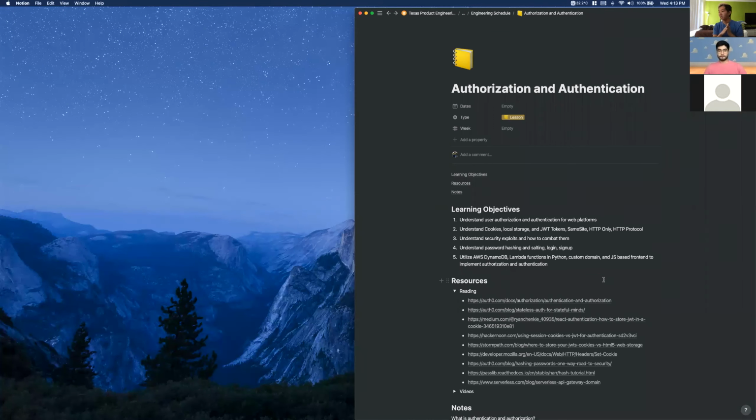We're going to want to understand cookies, local storage, and JWT tokens, essentially the tools that any modern application uses for authorization and authentication. And we're going to be going into the different nuances of those. We're going to be learning about security exploits and the most popular security exploits, and specifically mistakes that everyday developers will make and that even large companies will make sometimes, and how we can combat them using the different settings